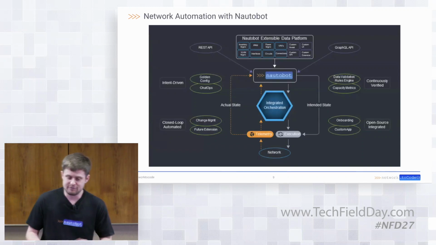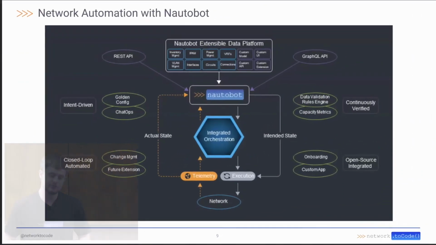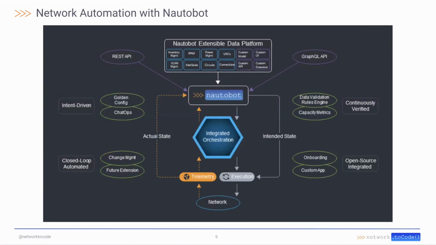So where does Nautobot fit in the ecosystem? Where does it fit in terms of the solution set for network automation? Well, obviously, as a source of truth, it is that center for the data component. And so your users are doing a lot of interaction with Nautobot itself from a data perspective, adding devices, adding VLANs, associating interface connections between devices and so forth. Then you've got your orchestration system. This is what actually needs to introduce the business logic for how do we perform these automations across your organization to your network and so forth.